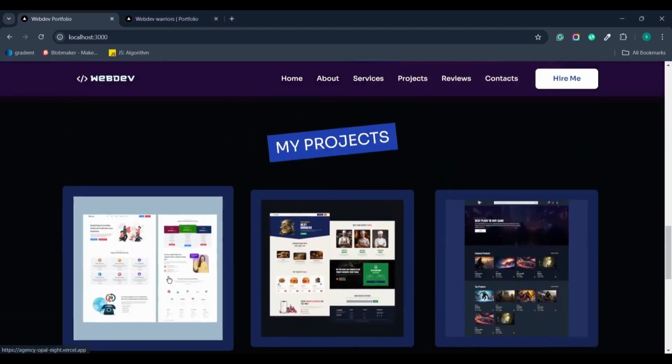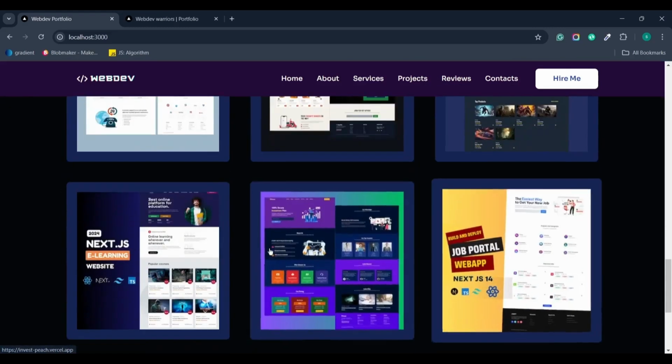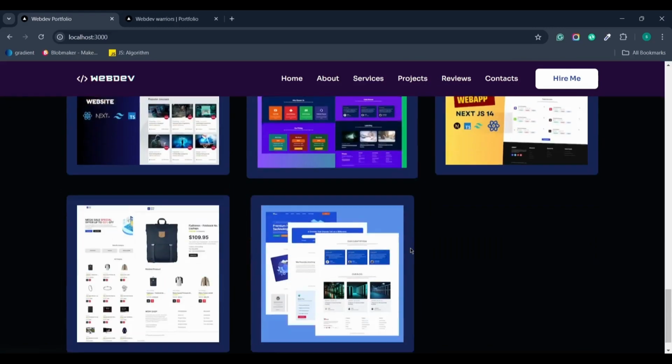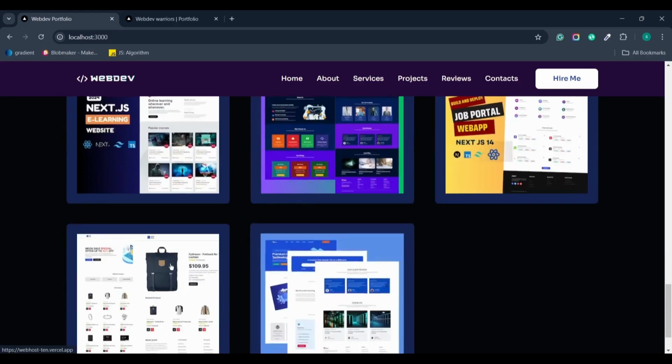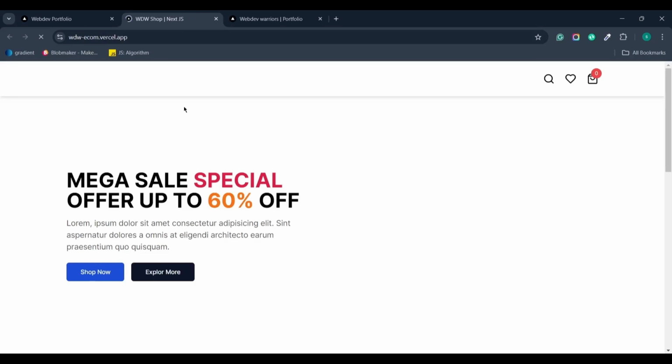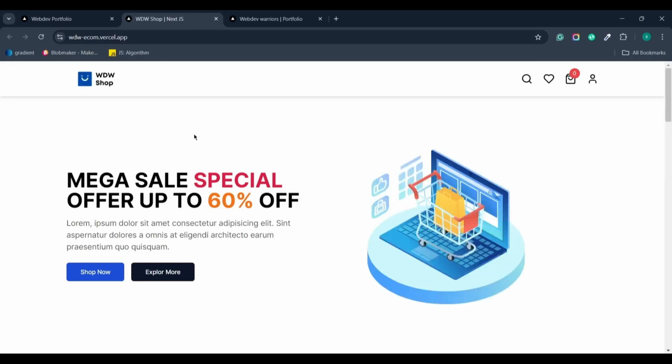here you can see we have our projects. So they are beautifully aligned and they have hover effect, and if I click any of these it will open a new window with the project. So now this is another project. So now let's close this,